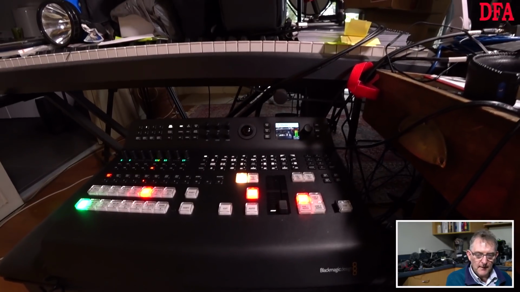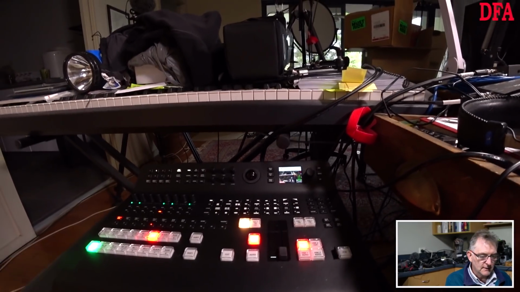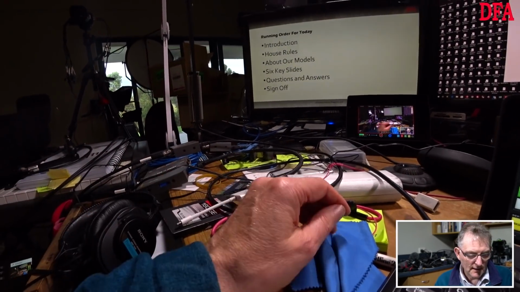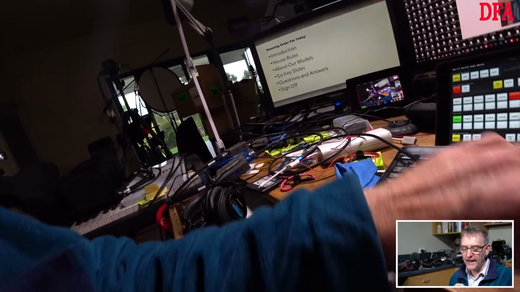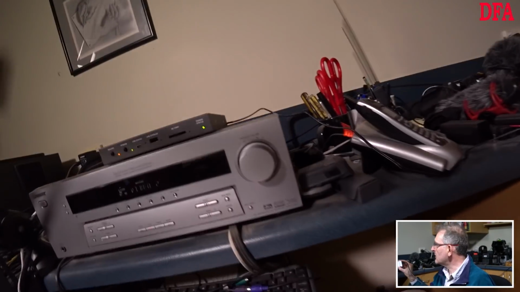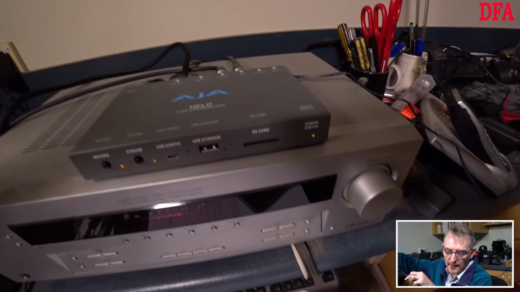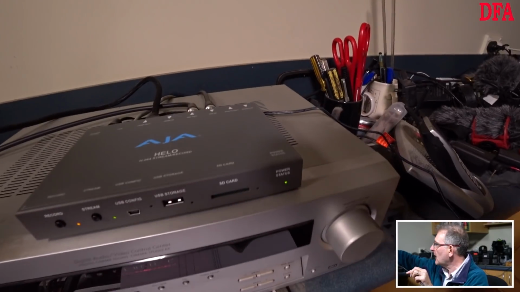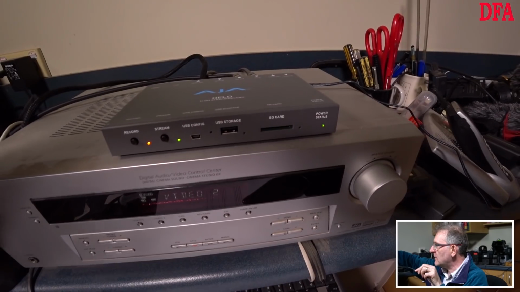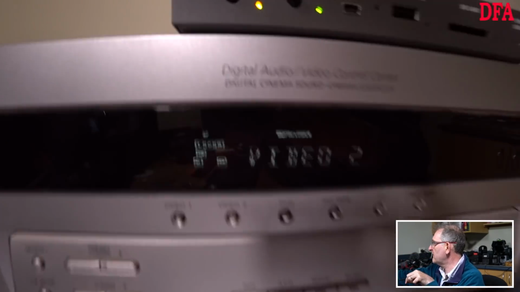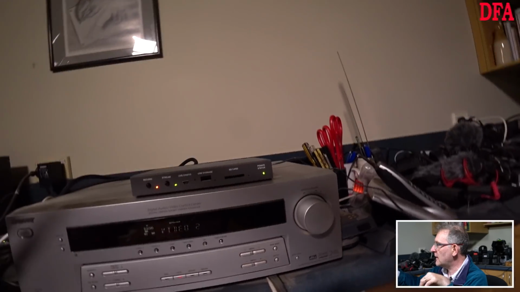And then there's basically all the program comes out, and it essentially comes out by way of a single cable. And that single cable then goes round to my streamer, and I've got the streamer up here. This is an AJA streamer, and that's set up to be able to stream live to YouTube. If I push the stream button on the front, I'm not going to, we'd actually go live on air at the moment. So if I then move around from the streamer,